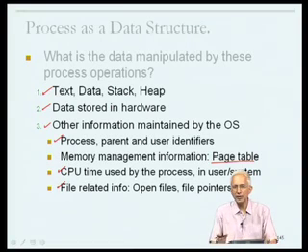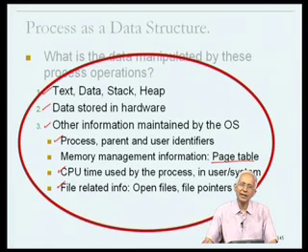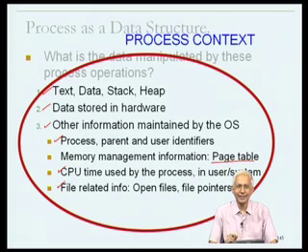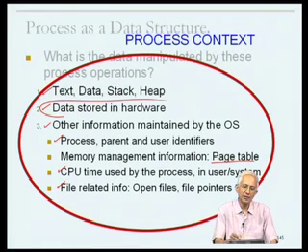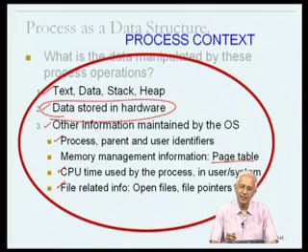Now, all of this information is information that is associated with the process and could be described as the process context. In other words, the information that must be present or taken into account when that process is running. And we saw that when there's a context switch from one process to another, some of the information that is listed over here had to be loaded into the hardware context. And some of the other pieces of information had to be taken into account by the operating system,